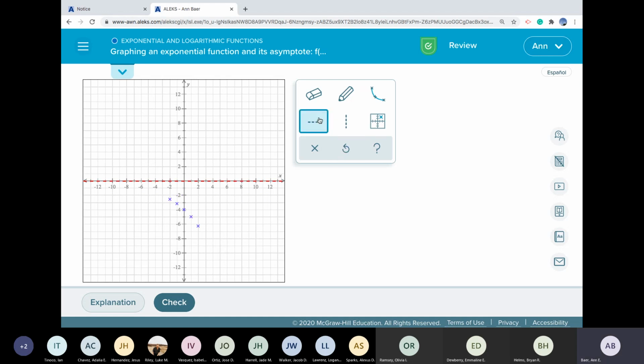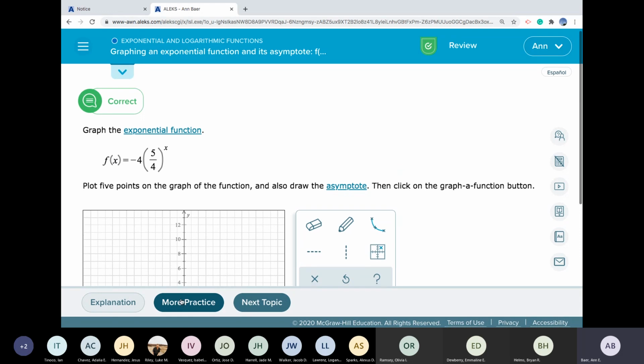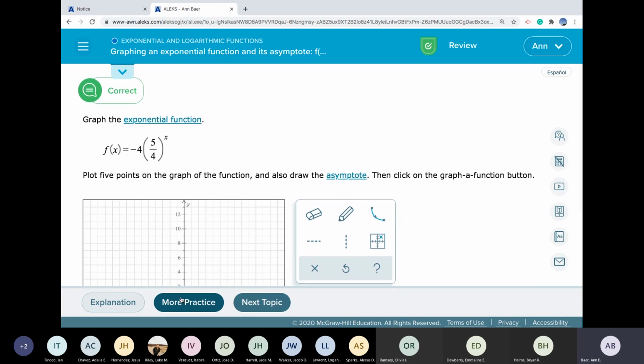There. Oh, I wonder if I put my horizontal asymptote here, what would happen? I'm not sure that's going to work, but let's try it anyway. I don't know all of ALEKS's little idiosyncrasies because they have so many. What happens if I graph it now? Will it do it? Oh, it does. There it is. It wasn't anything I did wrong with the points. It was just harder to tell where to put it. Kind of threw me for a loop. Check. And what happened? We got it correct. So let that be a lesson to all of us. I've never seen one like that before, by the way.